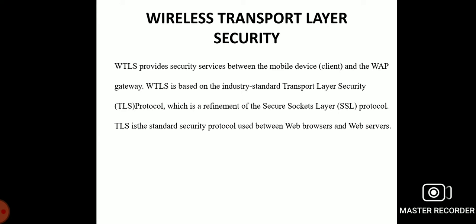It supports datagram and connection oriented transport layer protocols, and it is based on the transport layer security and also session layer security protocols.